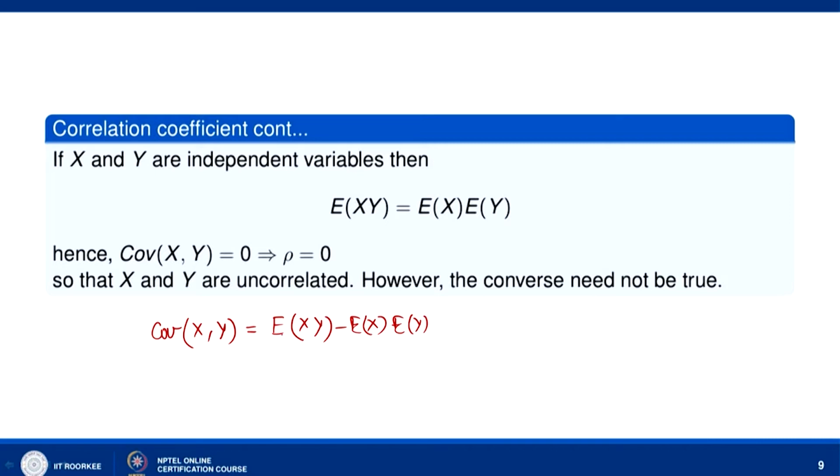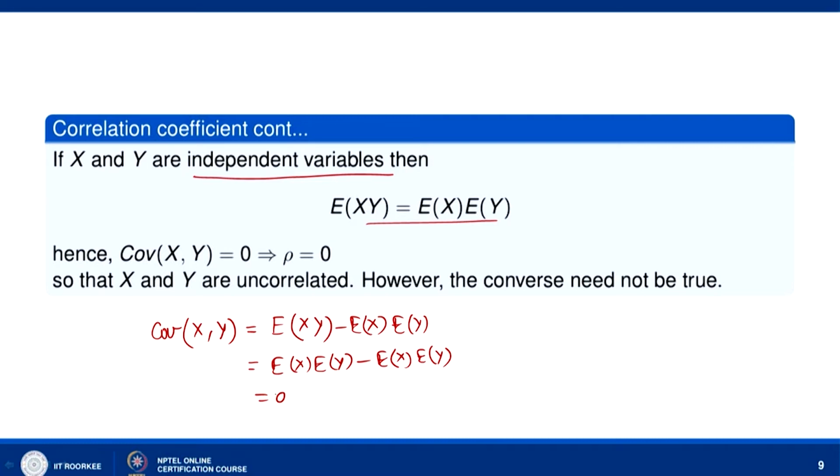This we know. So, when x and y are independent random variables, then E x y equal to E x into E y gives us E x into E y minus E x into E y